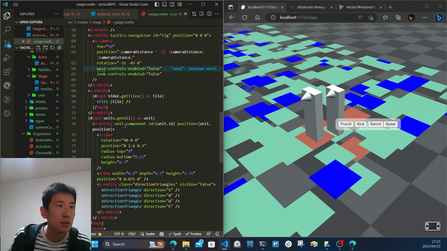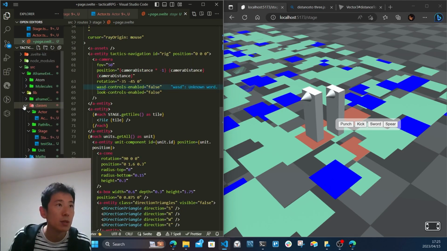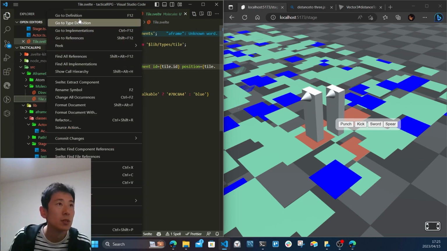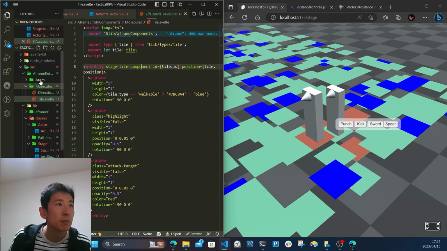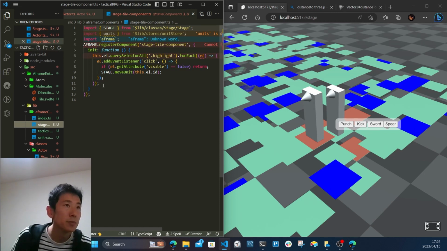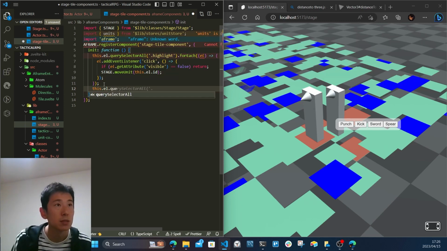Red tile is also a tile. It's a tile component, so that's an A-frame component. Atom, molecule. Yep. So stage tile component. Okay, so let's go to the definition. A-frame component library. Yep. Stage tile component. Okay, so initial, this.el querySelectorAll